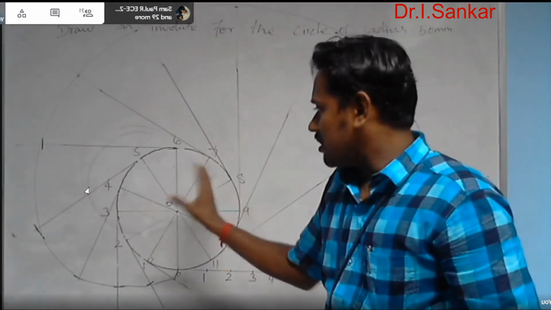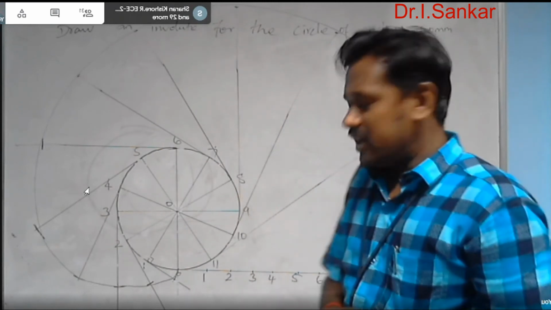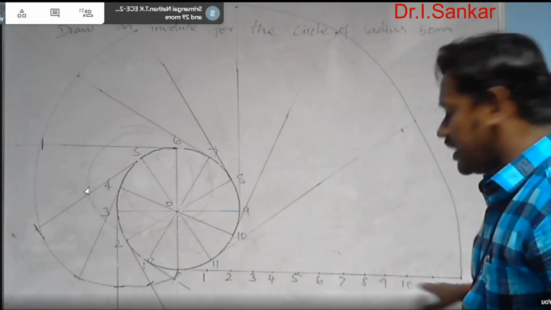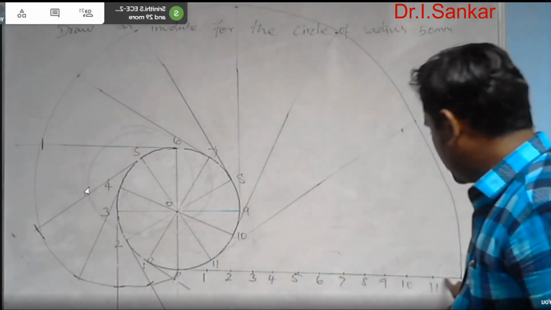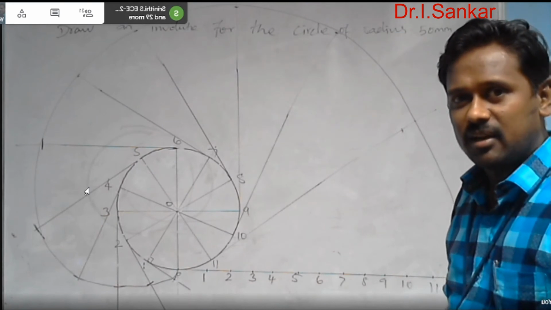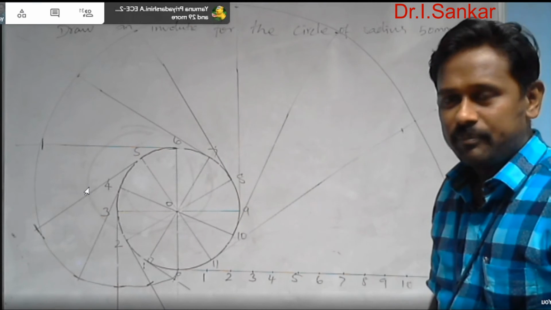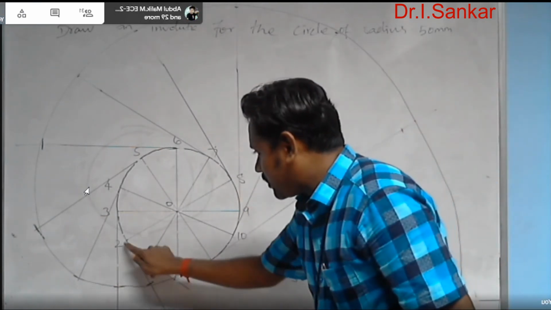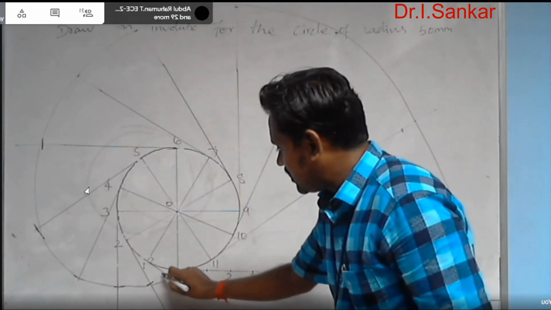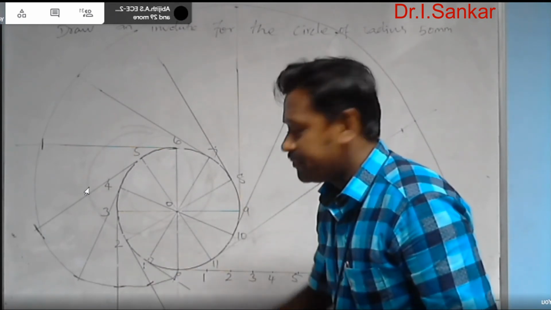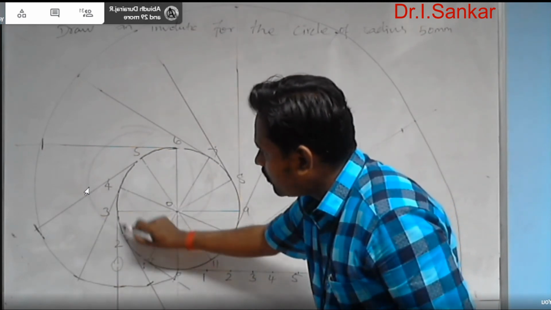First I drew the circle, and then you have to split the circle into 12 equal parts and draw a horizontal line from the bottom end of the circle. The length of the line should be equal to the circumference of the circle, and then split the line into 12 equal parts, same as the circle, and then from each and every terminal of the circle I have to draw a tangent line. See here, this line is actually the tangent line drawn from 1, and this is one more tangent line for the circle drawn from the point 2.